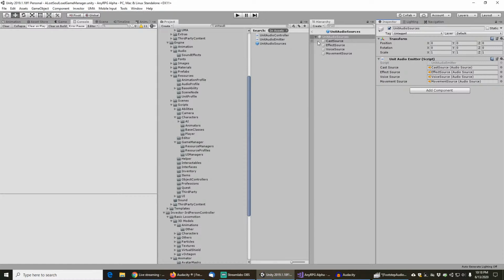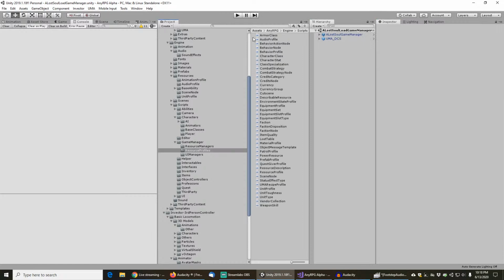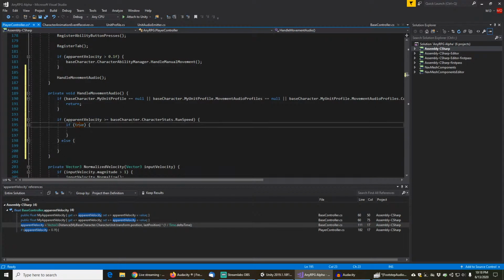But movement source will be a source that we can allow to sit there and loop for us. And we haven't really had a need for that yet, so we're just going to have to write a little bit of logic here. So we need to get to the unit audio,